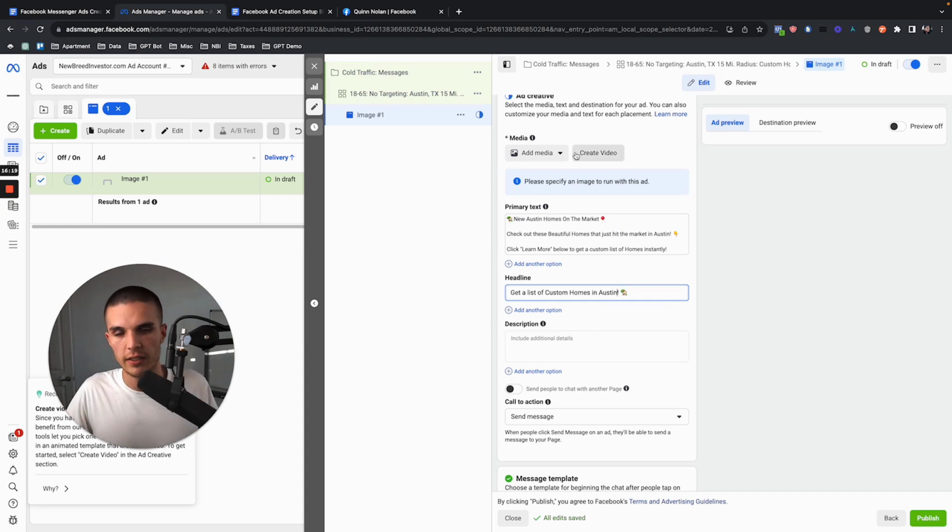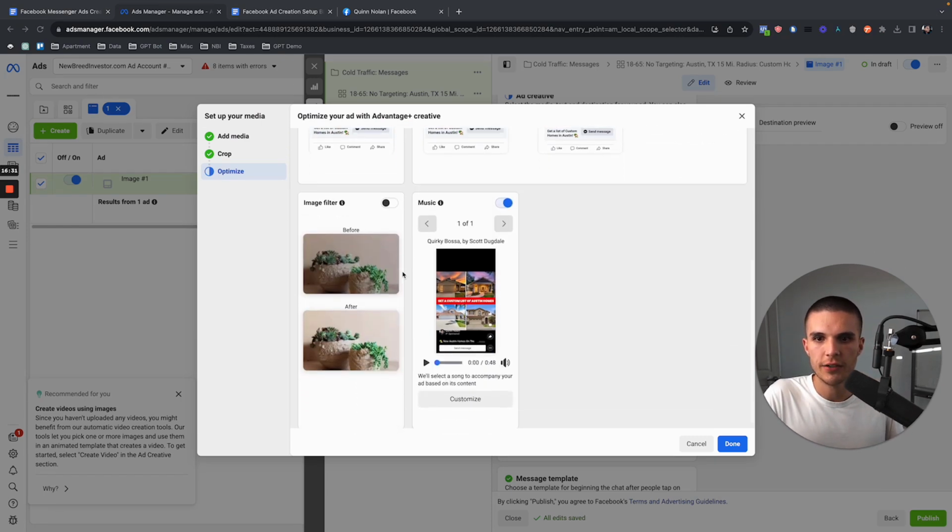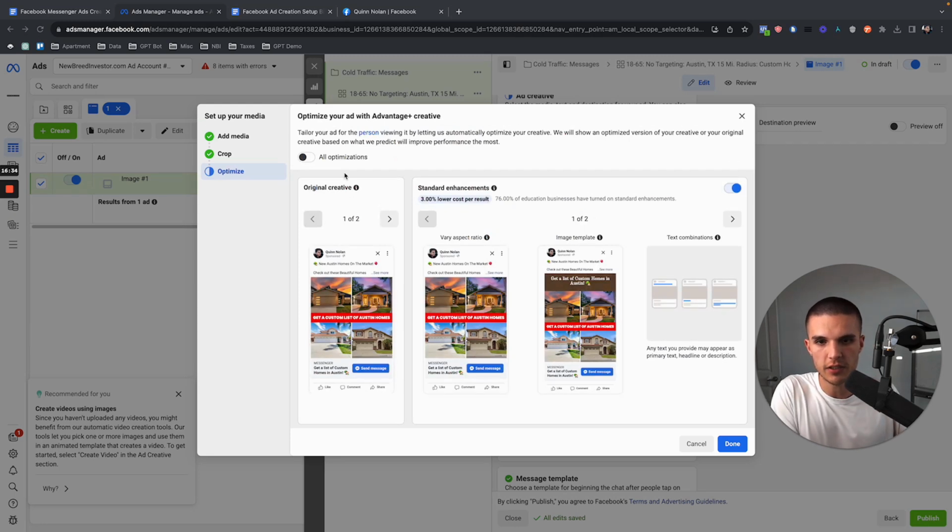Now we obviously need to actually create an ad image. So let me do that. All right, so I just uploaded this image that I made in Canva on a simple template that I have. And basically now you're going to see these different optimizations that Facebook will ask you if you want to toggle